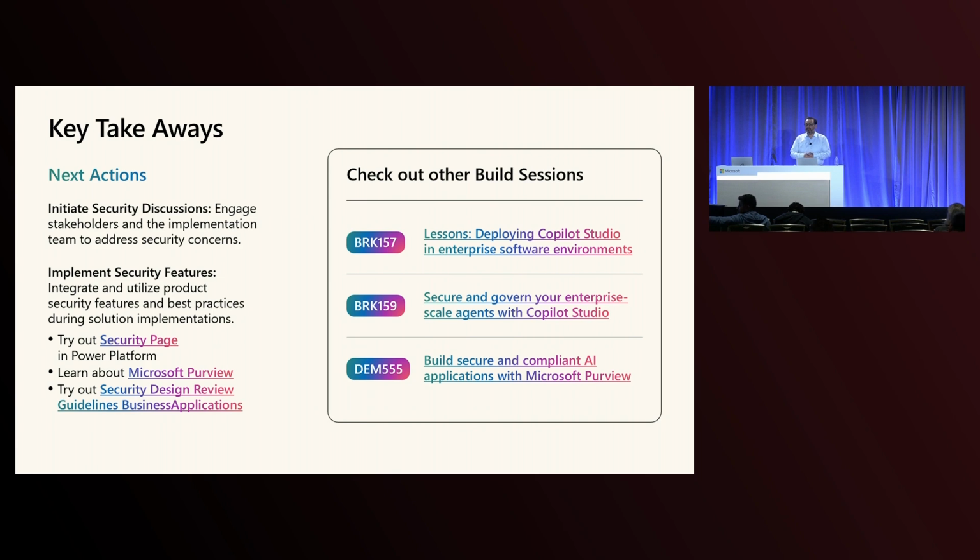Makes sense. I remember a few years ago the solution checker was not the best, but it was still there. Something was there in the Power Platform. We tried to use it and consume it in pipelines. I really like this checklist approach. It would be nice to have this available as a checker, to whatever extent possible, in pipelines.